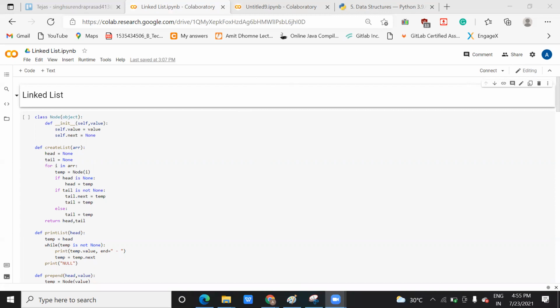Do you know about the linked list? Am I audible? Yes. Do you know how it works? Honestly, I don't remember. But if you have explained this to me earlier, I'll go through the video. You don't have to explain it again to me. Okay.